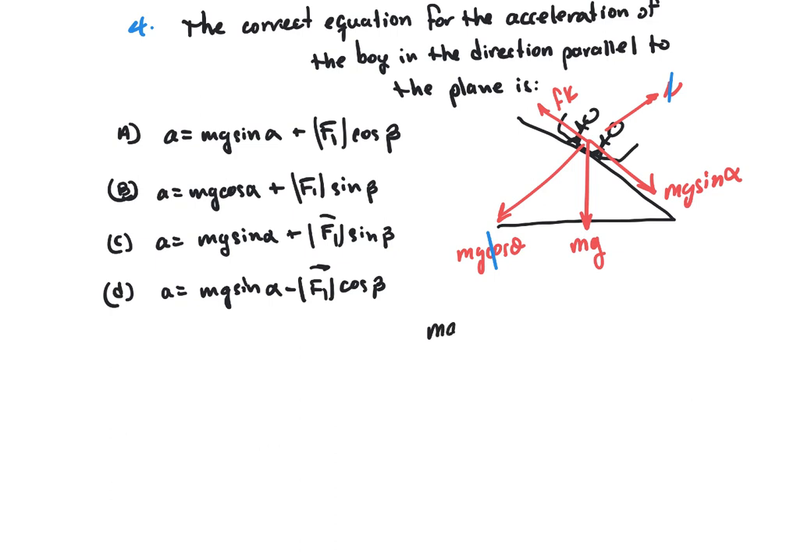mg sine theta minus the kinetic force. So I said it's F1, because you know we're going backwards. So that's the sum of forces, F, which is m a. So this is the answer. So it's going to be